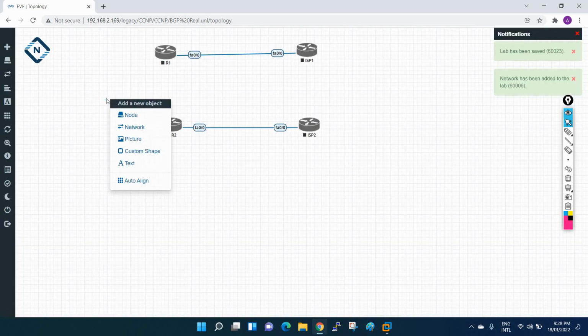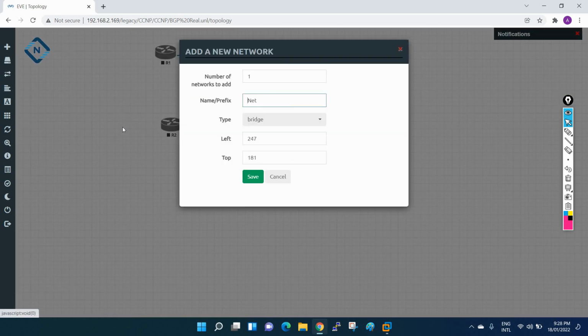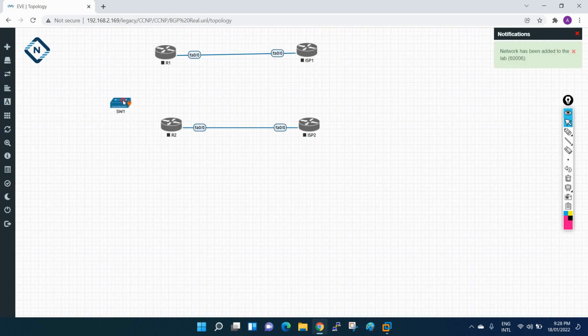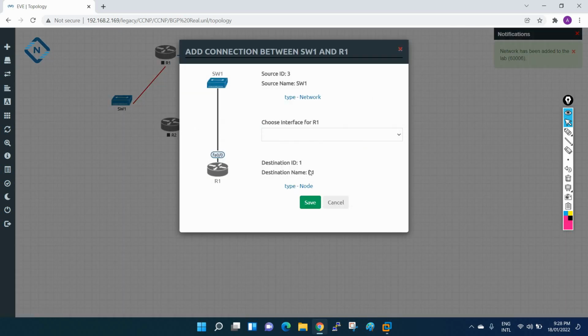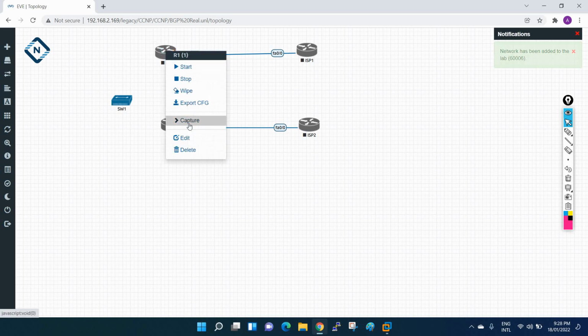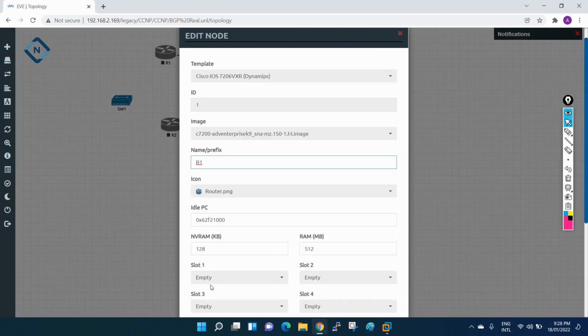Let me take one switch. I will take this bridge and call it Switch1. This is an unmanageable switch, just used for connectivity purposes as we are doing the lab. I will increase the ports here.